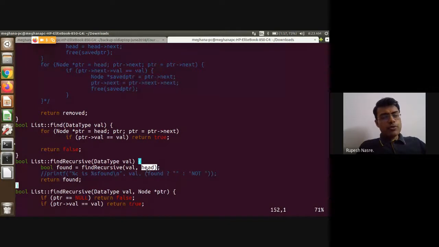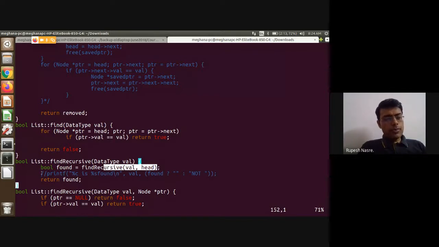And that will require us to pass head as a parameter, and therefore I have again defined an auxiliary function find recursive. In fact, if it cannot be called from main, I should probably declare it as a private member of this class rather than as a public member, because if it cannot pass the pointer, then it makes sense to make it a private or a protected member. Okay, so find recursive of val is essentially what will be required with head as a parameter.